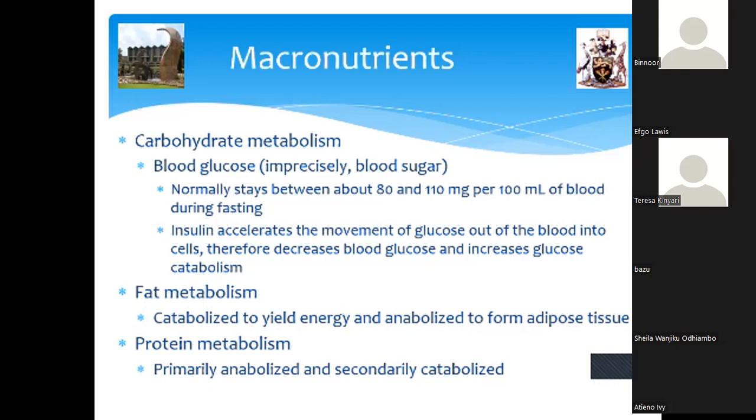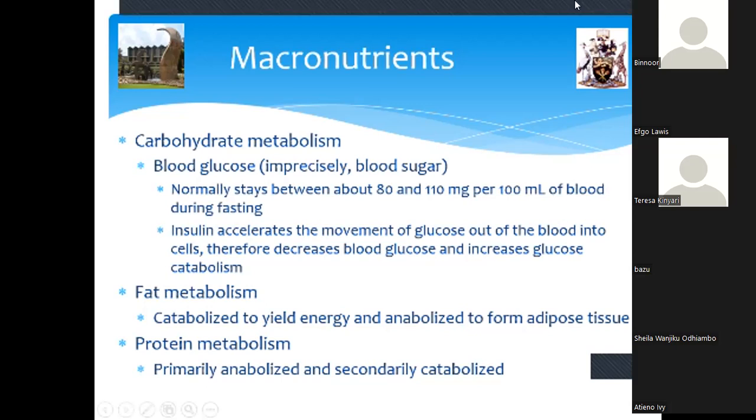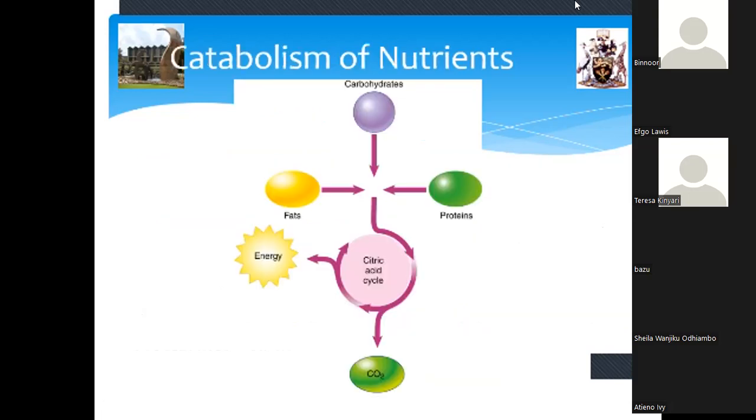Protein metabolism is also important, and during starvation, we usually see a lot of protein catabolism taking place. But during the feeding state, a lot of protein anabolism takes place because the body really cannot store protein. It's used for building the body tissues. So what cannot be stored is normally released through the urine or broken down within the liver and removed as waste. So these are the different types of nutrients, and I think we've discussed this, carbon dioxide being the main